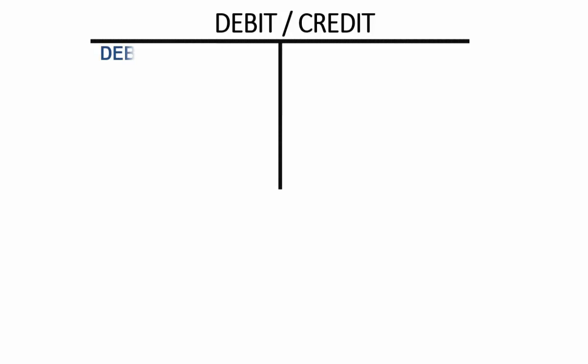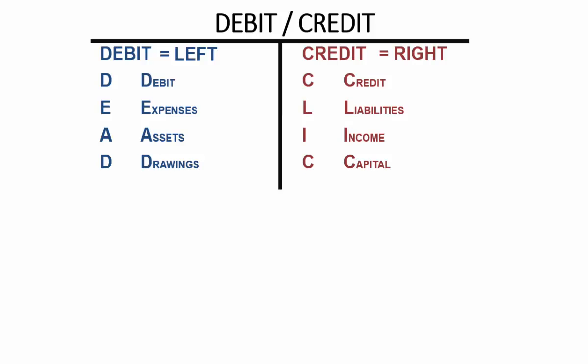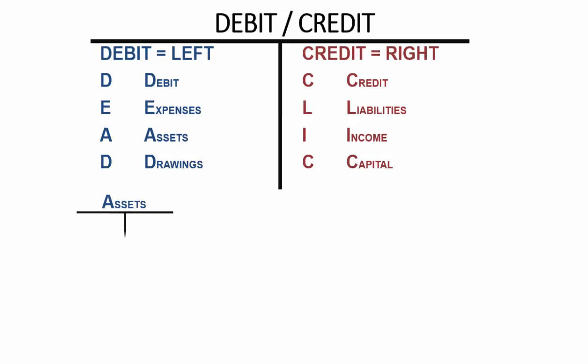In the previous video, we discussed debits and credits. We discussed what debit or credit means. Debit means left and credit means right. I taught you two acronyms, DEAD and CLIC. DEAD stood for Debit, Expenses, Assets and Drawings. CLIC said Credit, Liabilities, Income and Capital, which meant that all asset accounts which fall under DEAD will increase with